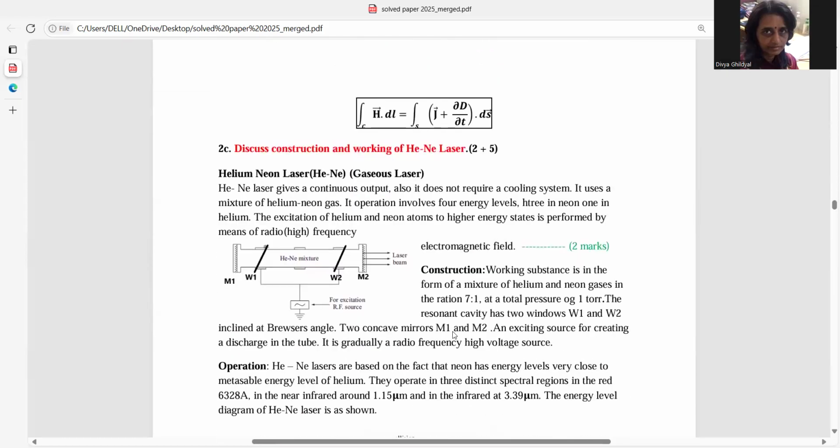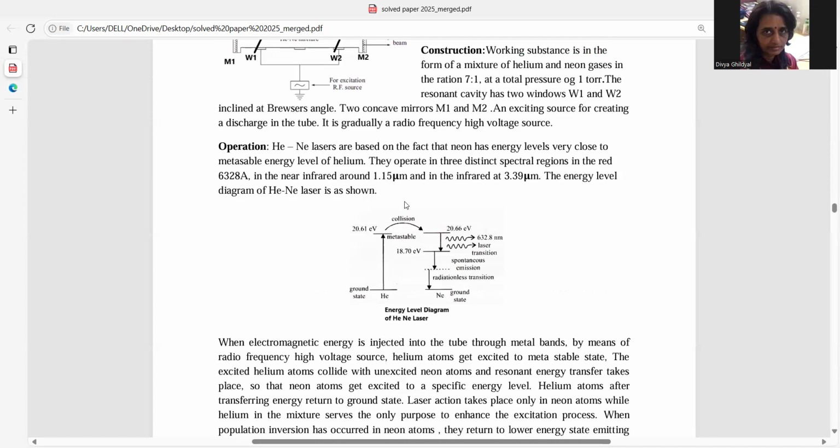Construction and working of helium neon laser. 2 to 3 marks. Obviously, first you will mention what a helium neon laser is, and if you make a good, well explanatory diagram, you get 2 to 3 marks there. Then this energy level diagram also should be there if you want to get your full 7 on 7. But make the diagram a self-explanatory one where you are showing that it is a gaseous laser with helium neon, how the atom is getting excited because of collision, how population inversion is always maintained, and then